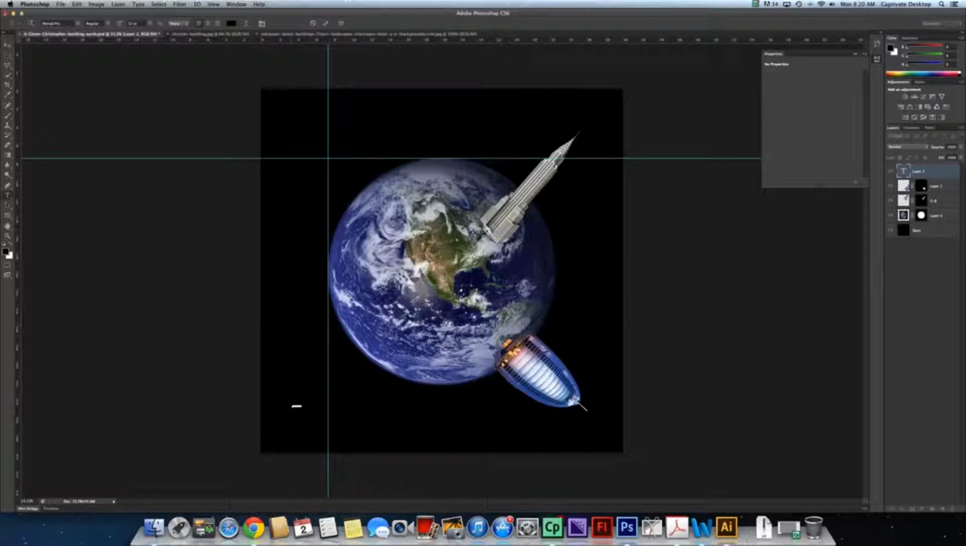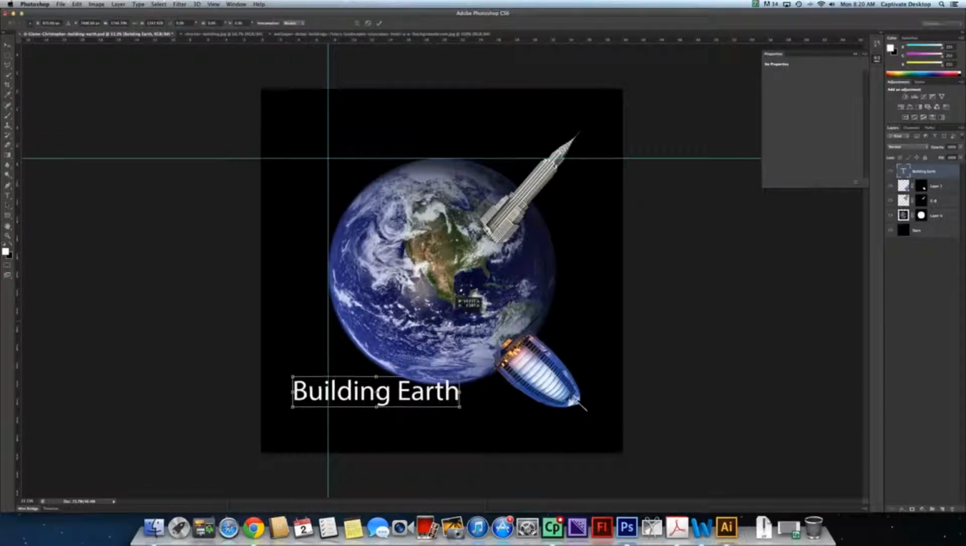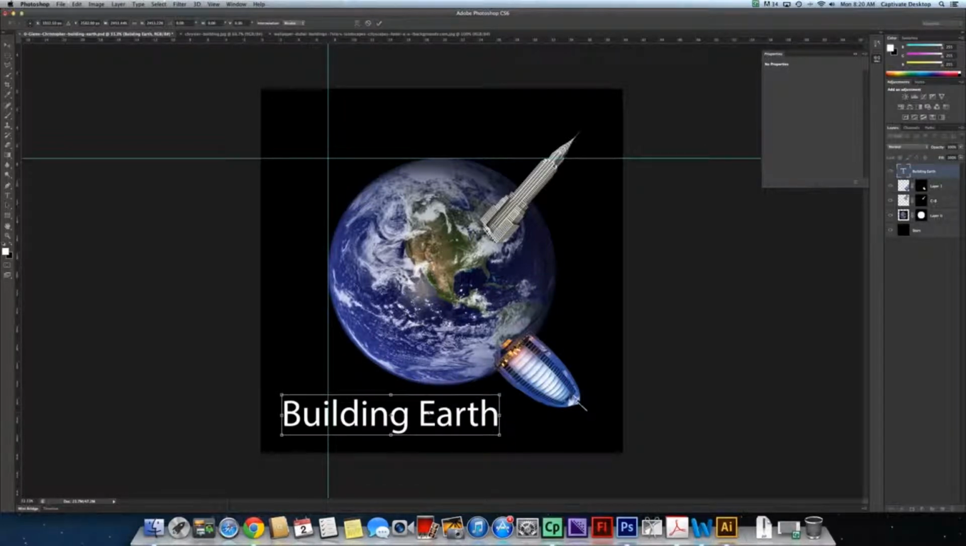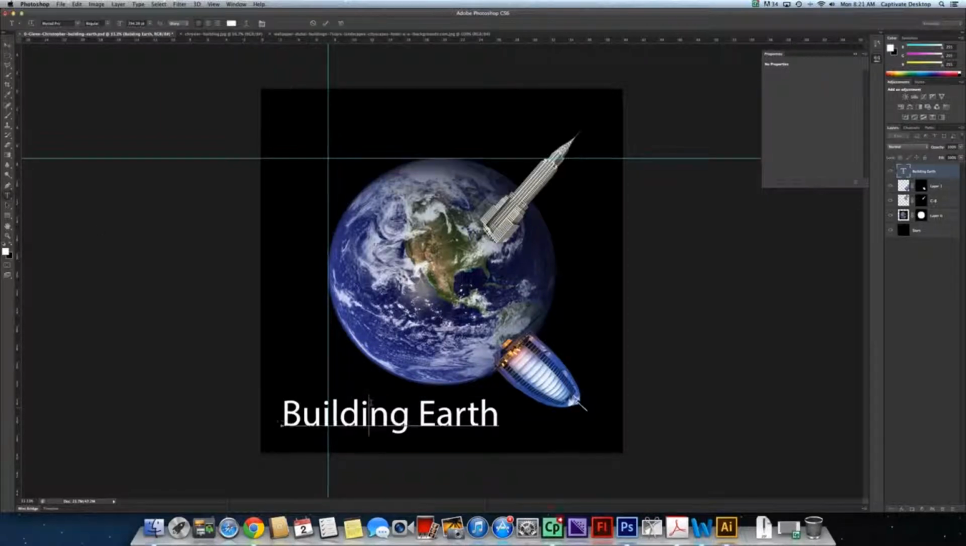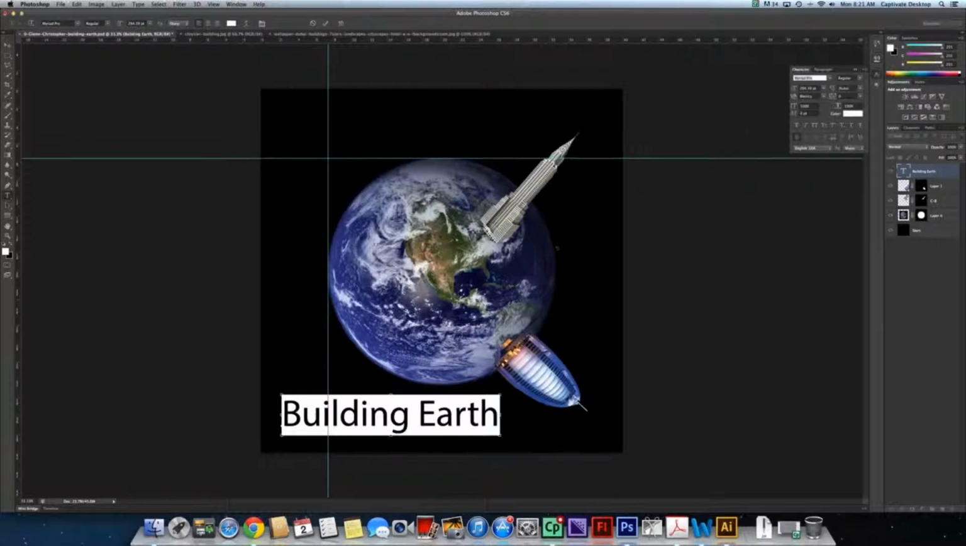Building Earth. I can't see the text, so I'm going to swap the stroke and fill, and I'm going to hit Control T and just make it larger. Make sure you hold Shift. And so we got Building Earth here. I scaled it up. Let's go ahead and open up your text palette, and that is also Control T, but it's Control T when you're on the type tool, opens up the text tool, but otherwise it will be